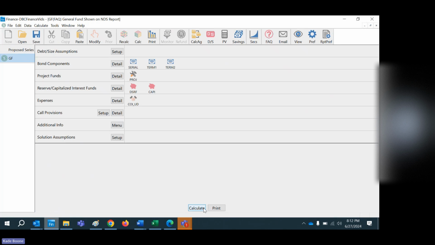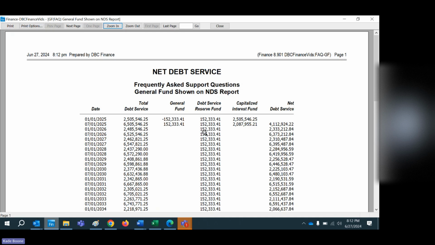What happens is after you calculate and then view the net debt service report, you will now see a general fund equal to the reserve fund interest earnings. If this is fine and you want the reserve fund to not be applied anywhere, and you don't want the general fund, you would rather move that amount into the net debt service column,